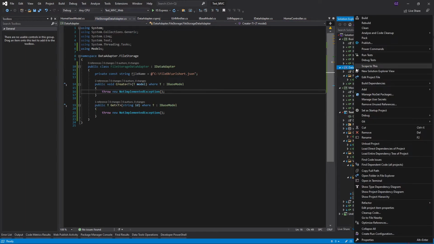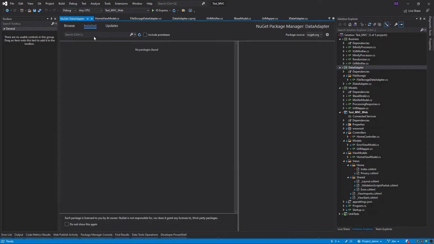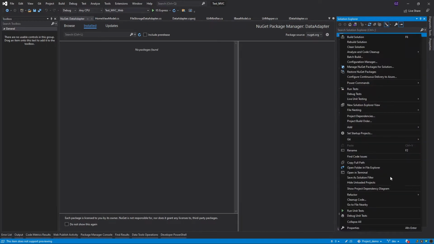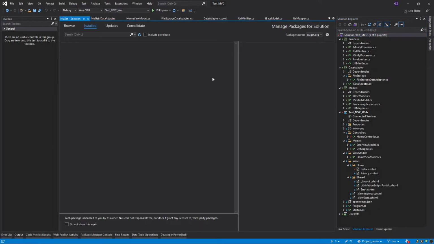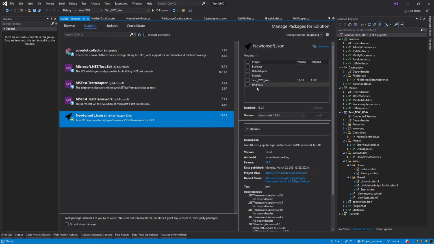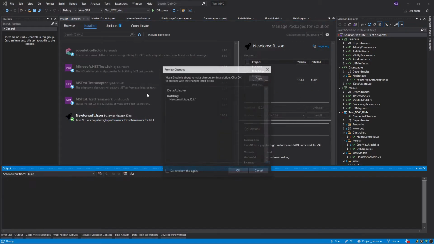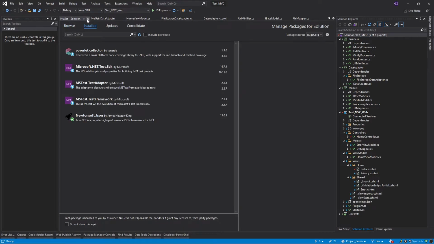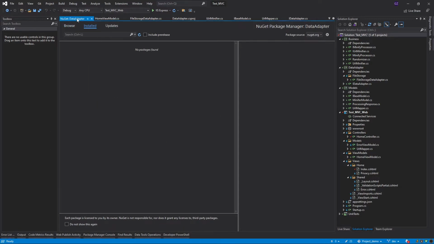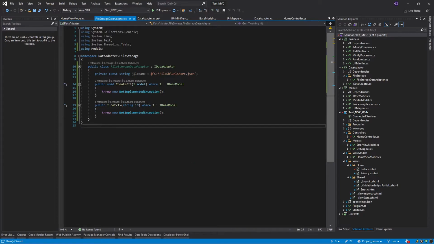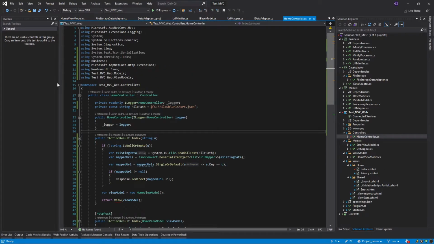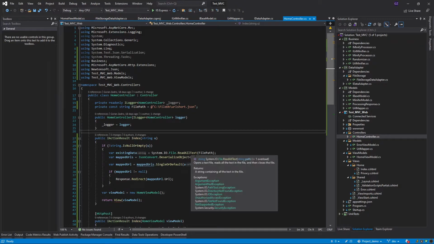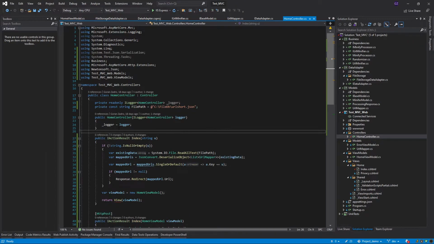The only thing this time, I'm going to think ahead and install the Newtonsoft JSON. So let me just go ahead and manage the packages on the solution level. Here I'm just going to add it on the data adapter layer. So I'm just going to add it right here. And let me maybe, for fun, copy paste certain things from the home controller. So I have this data here, but